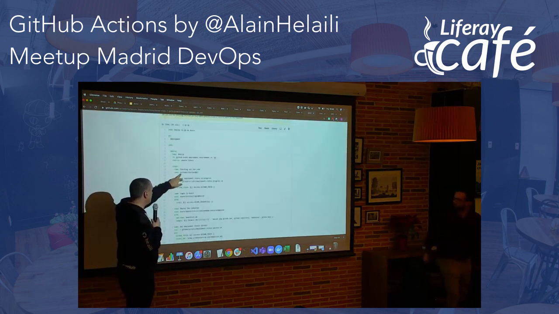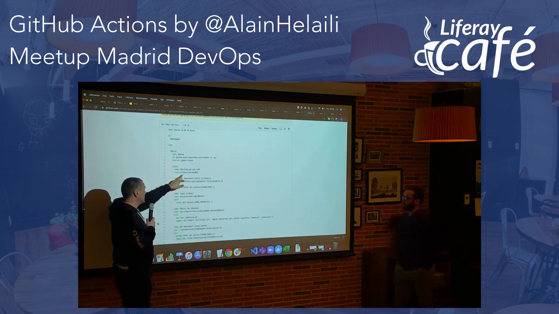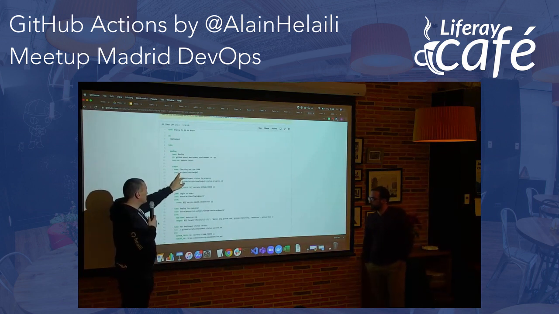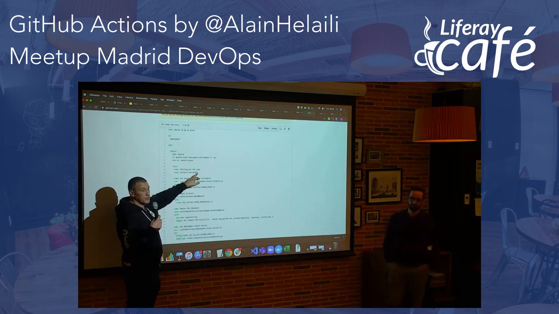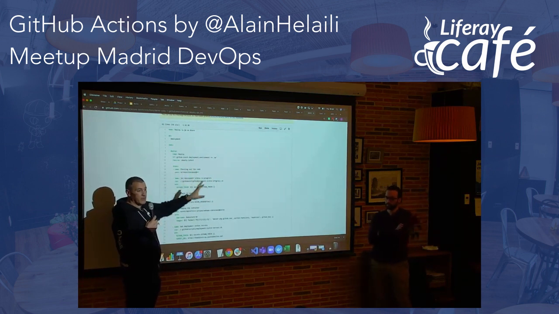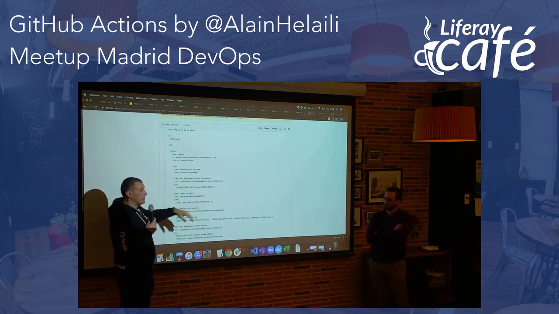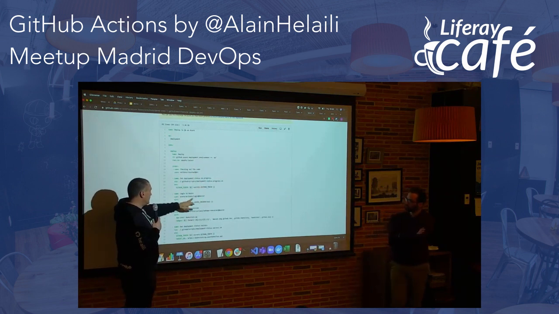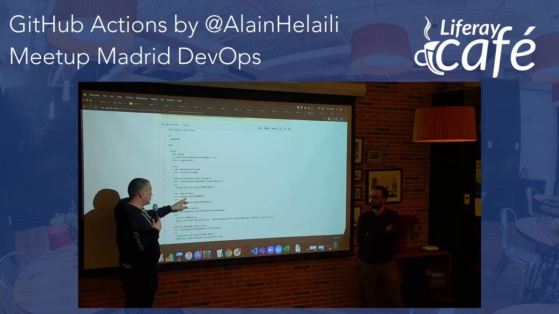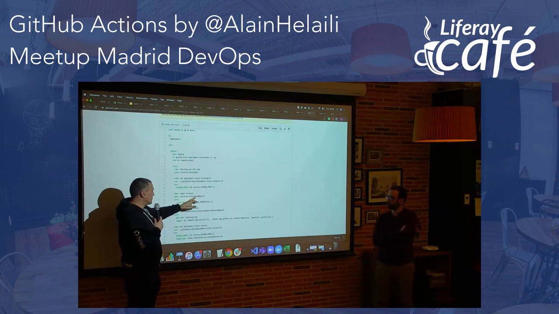So here you see that syntax here is very important, because what we're saying is that we're going to look into the organization. There is a repo called checkout, and we're going to use the v1. So there is a git tag that specifies the exact version that you want to use. And here, for instance, it's the Azure organization. There's an actions repo. Within that actions repo, there is a login folder, and within that login folder, but we